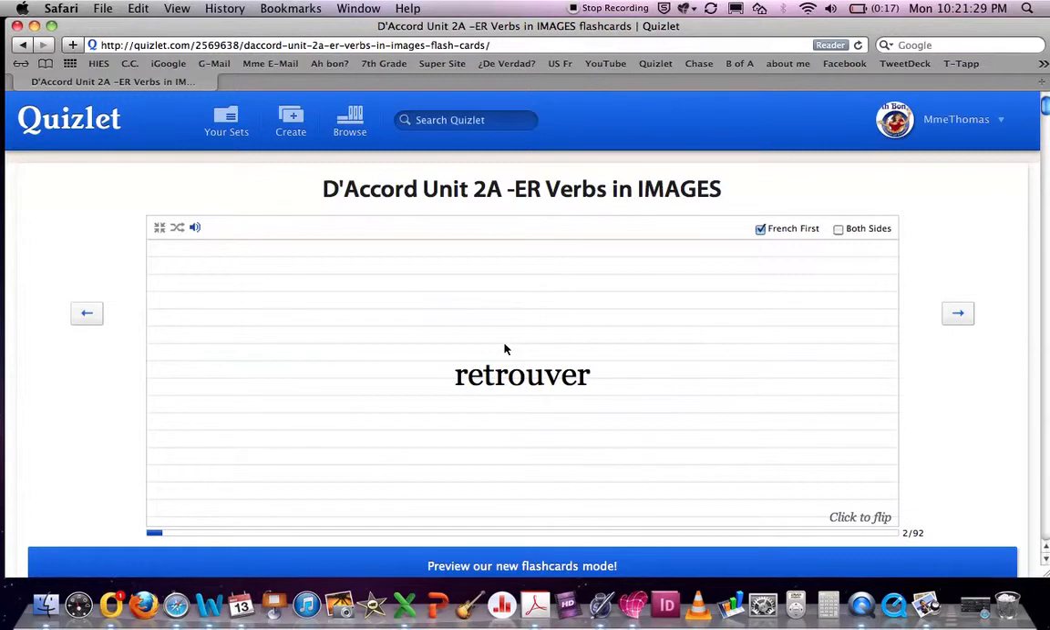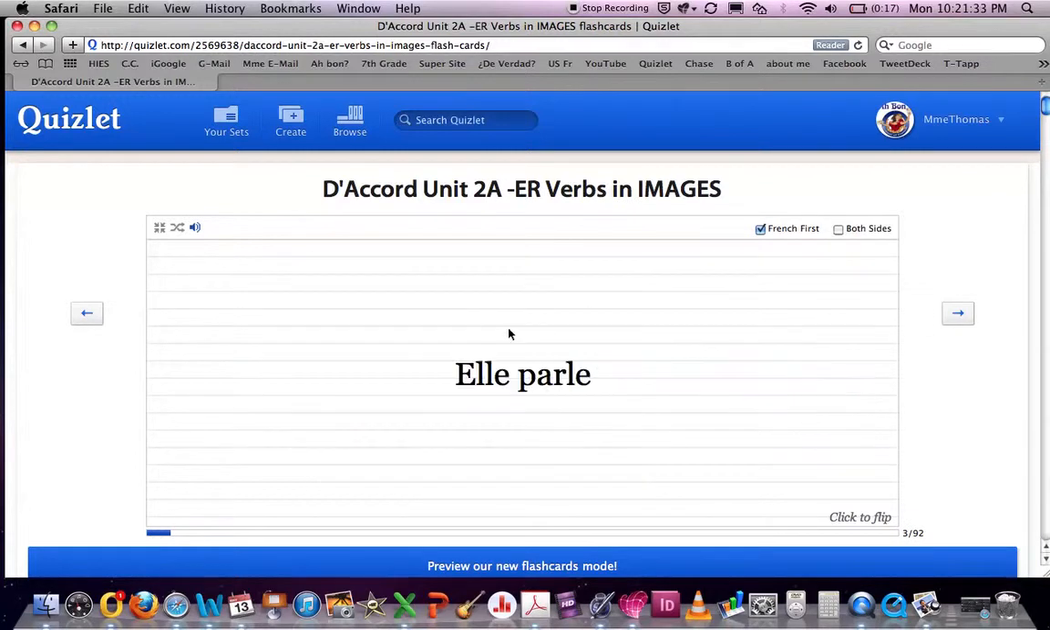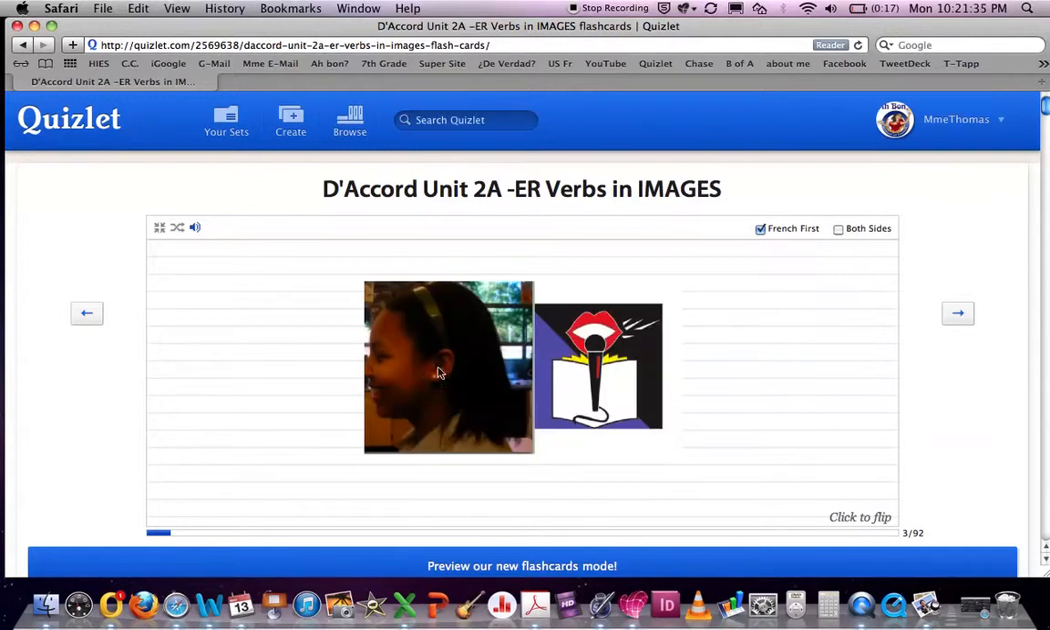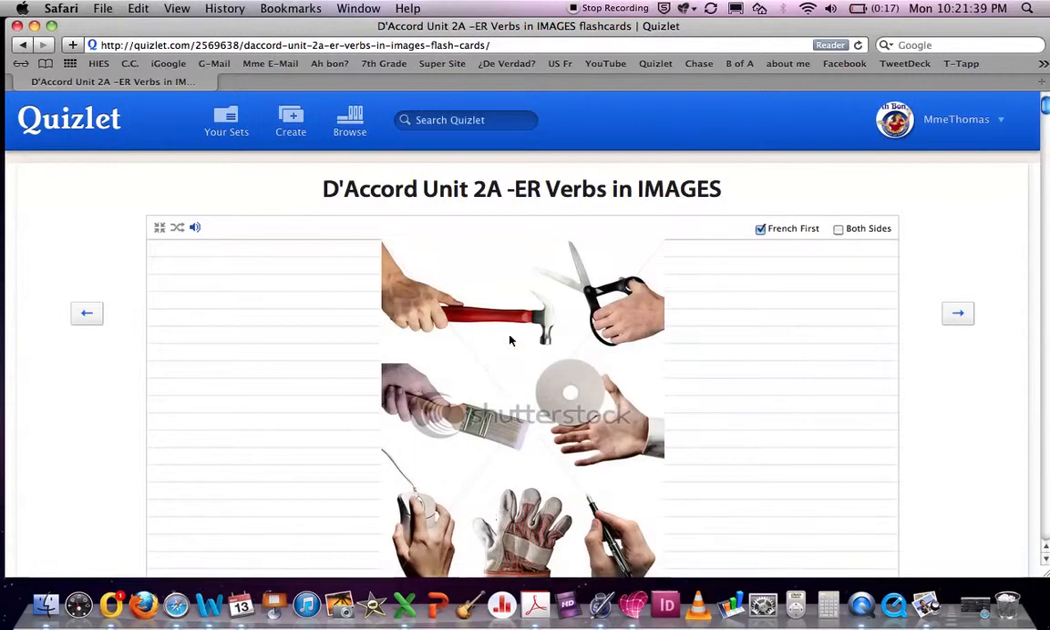Retrouver, to meet up with. Elle parle. Side profile of female, elle parle. Travailler, to work. Then once they're done with that, you can do